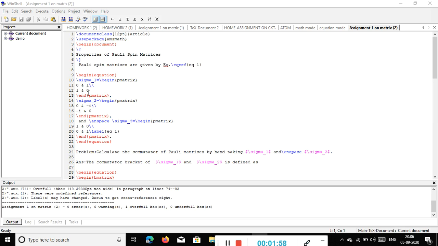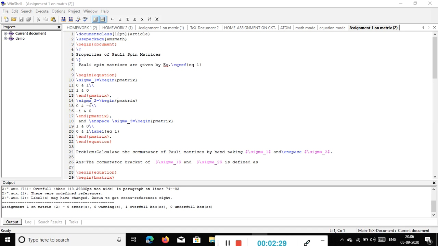So this particular numbering will come inside a bracket. I've used a double backslash because the next part will come on the second line. If you don't use the double backslash over here, then the next part will definitely not come on the second line, it will continue after the one. Okay, so please use the double backslash and use the and button, the ampersand. Please click on it, so that the numbers will be differentiated in your matrix command. Okay, now end the pmatrix. I have completed the first matrix part, so I have ended with this.